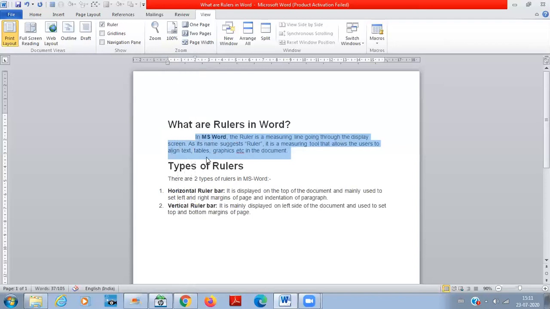The indentation of the paragraph is set as first line indentation. If you want to have more margin, then like this. So as you can see, the first arrow sets the first line indentation of your paragraph.